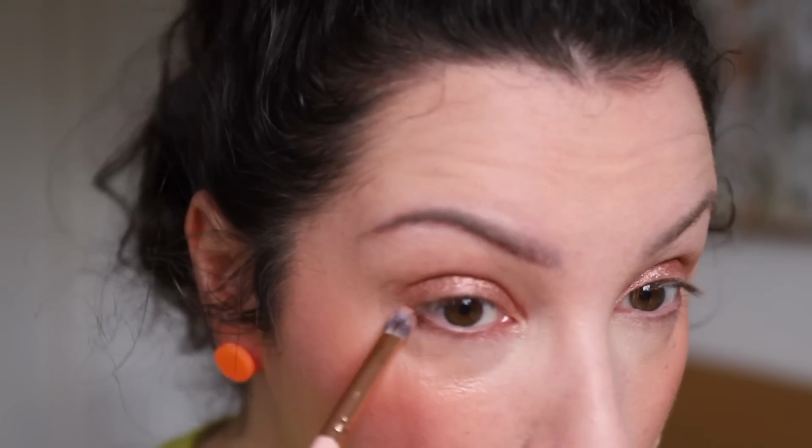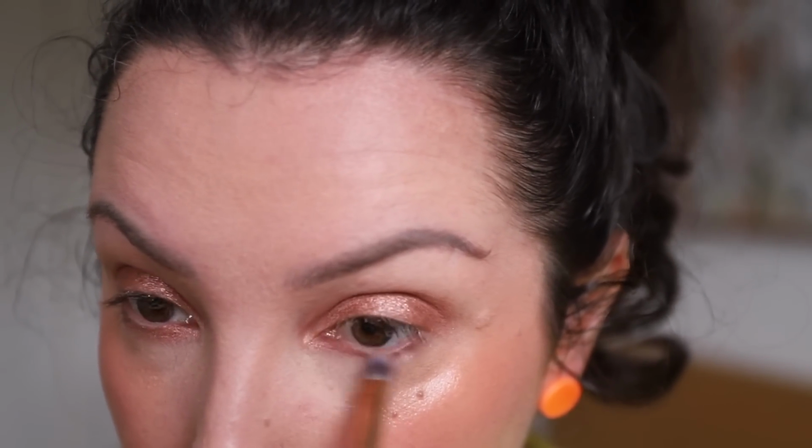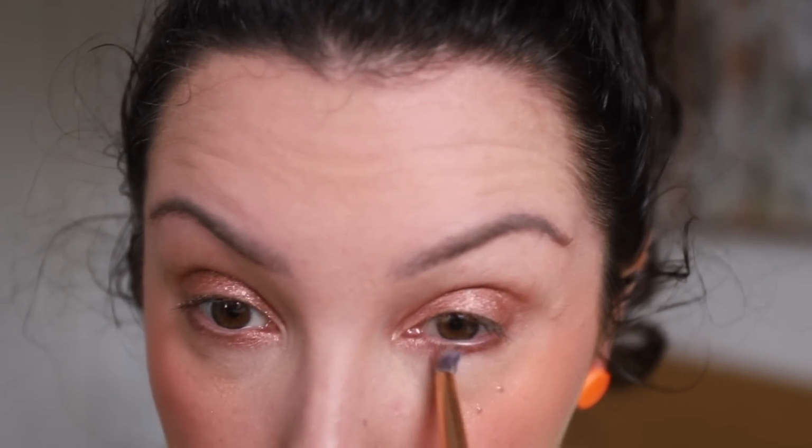I'm just going to put some on the lower lash line. This has nice pigmentation. Probably not as metallic and shiny as I expected, but I think over glitter glue you could get a nice sort of foiled effect. And also the weather is horrible today, so there is no sun coming in the window to boost the shimmery effect of this. Really like that rose color though, it's very pretty. I feel like this is going to ruin that sort of rosy effect because this is a little bit sort